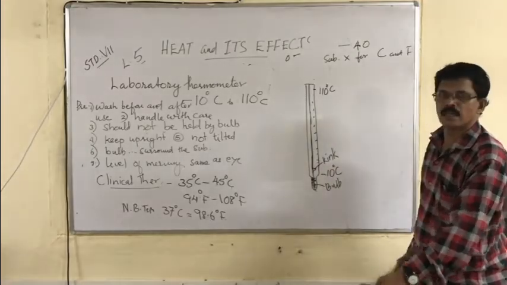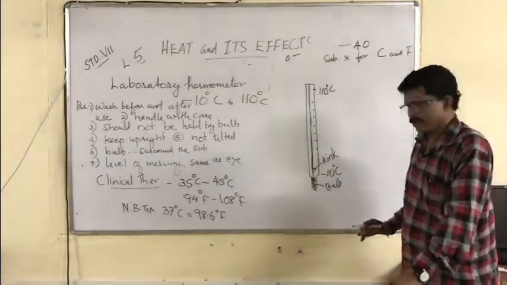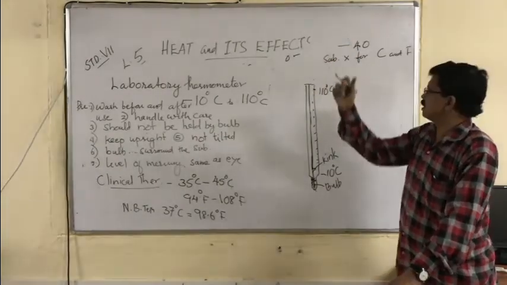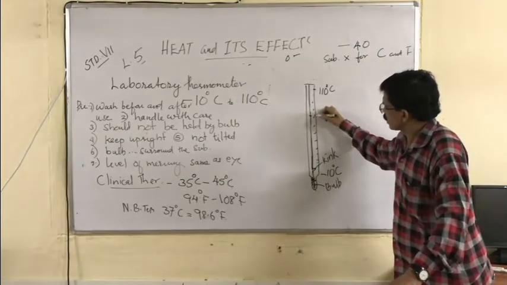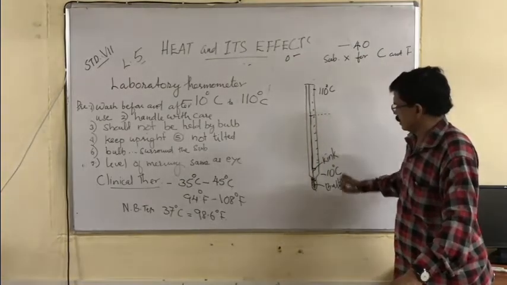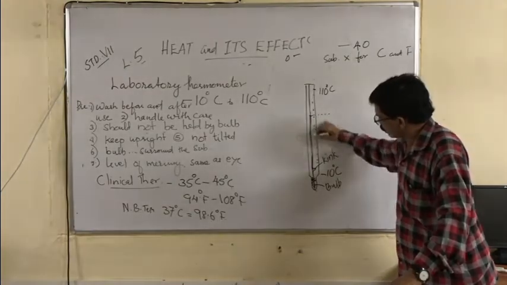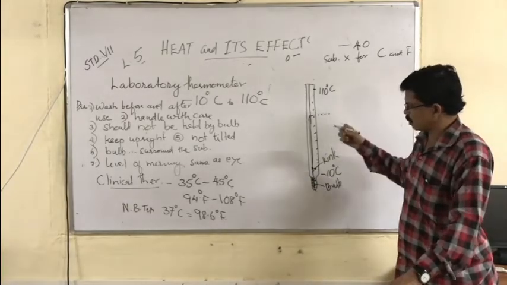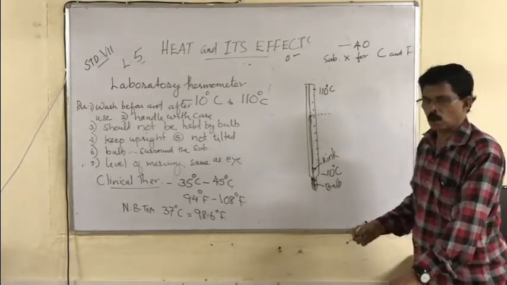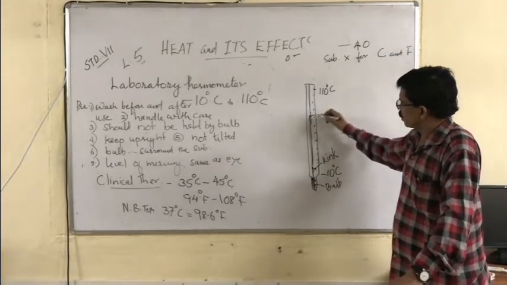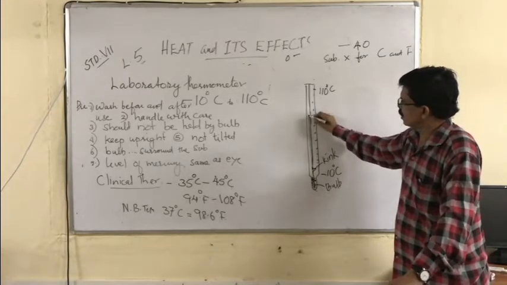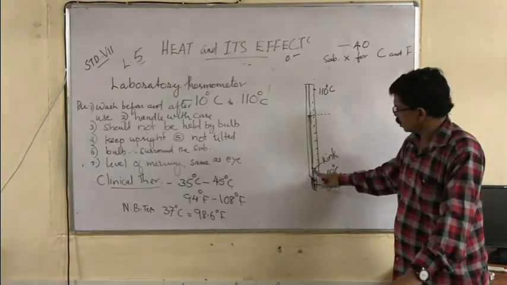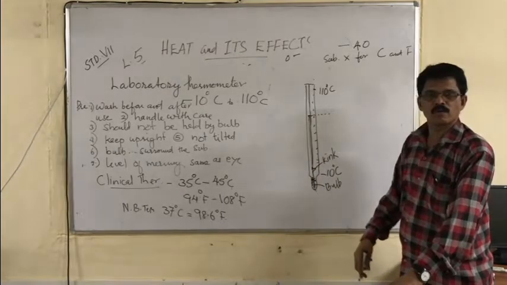After measuring the temperature of an object, we will keep the thermometer like this and we will see the reading, in which line it is. This is the mercury column. And when we take out that thermometer from the object or substance, the mercury column will remain here. Why does it remain here for some time? Because of the kink. If kink is not there, the mercury column will go down faster.